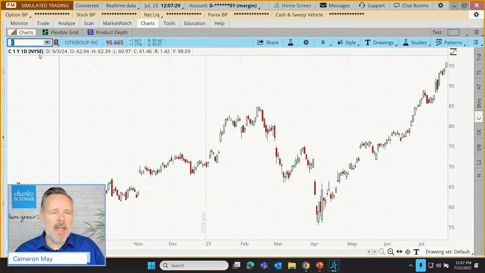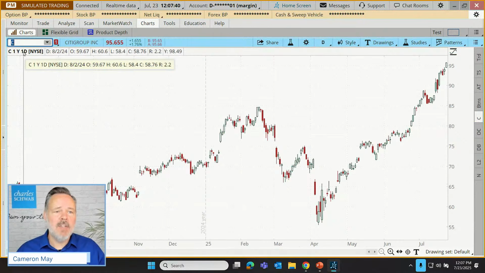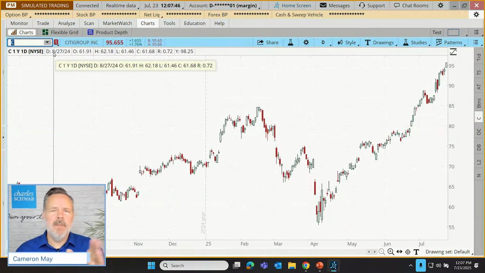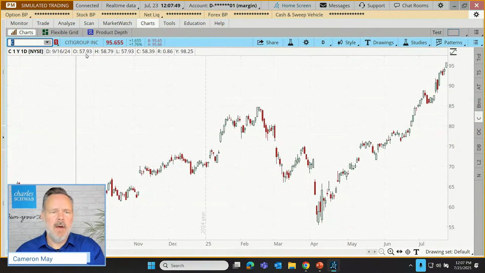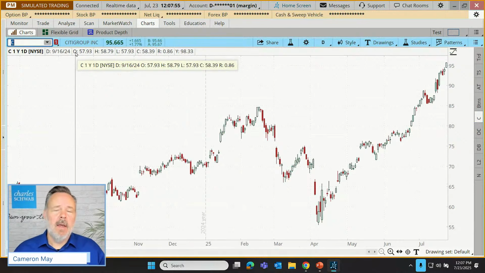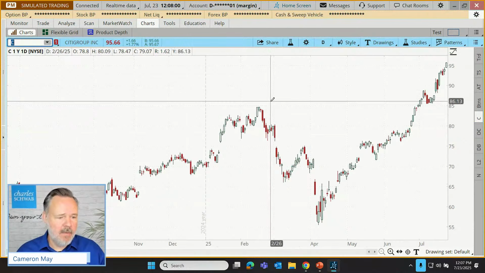And just down below that, I see some additional information. Here's a quick reminder of the symbol, accompanied by a reminder of the chart time frame. So I can see that this is a 1 year daily, 1 day chart, and this stock is traded on NYSE. Just to the right of that, I can see a few acronyms, D-O-H-L-C-R-Y. So D is obviously the date, and that's the date for whatever candle we happen to be pointing at.